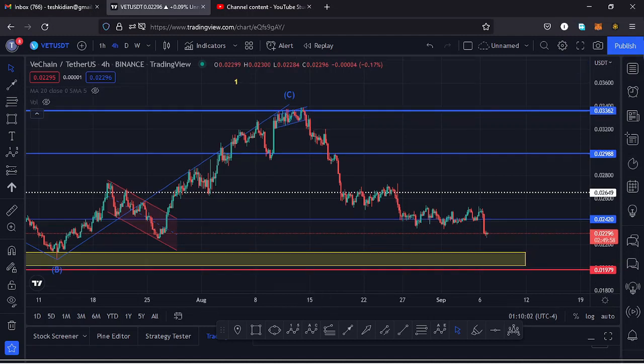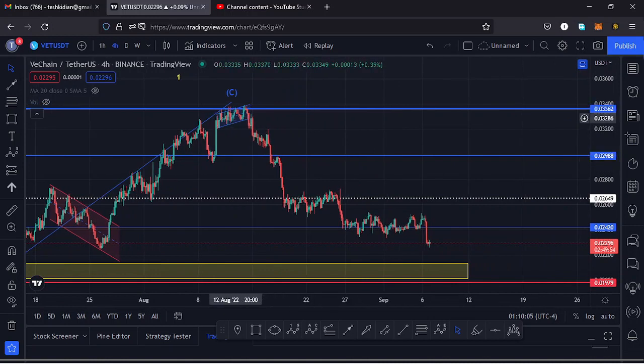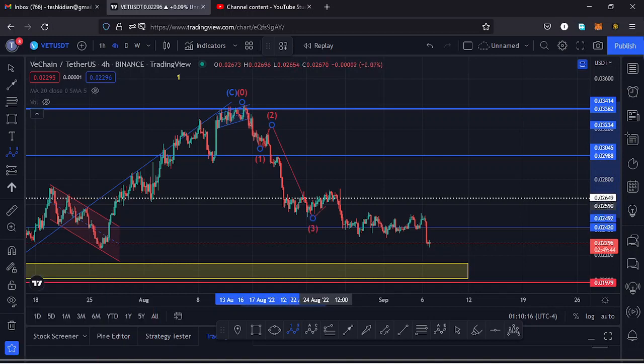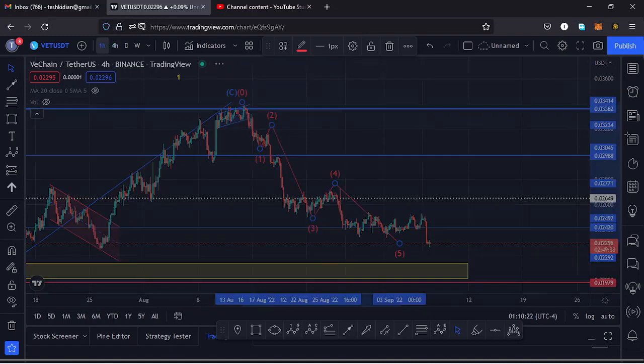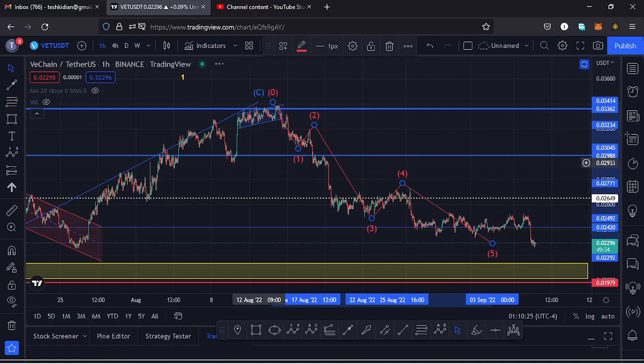And if I get into the details of the formation of a 5-wave structure on this other side, we can have this movement as the first wave to the lower side, then a wave 2, then we continued pushing lower in the formation of a wave 3, then a wave 4, and then a wave 5 is what is in formation over here. And if I jump to the 4-hour chart so that we can see that fractal wave better,